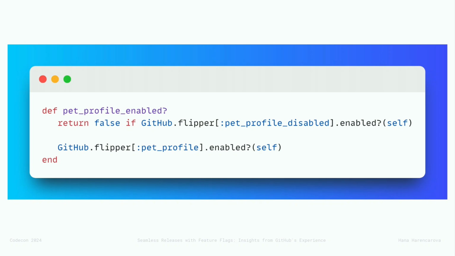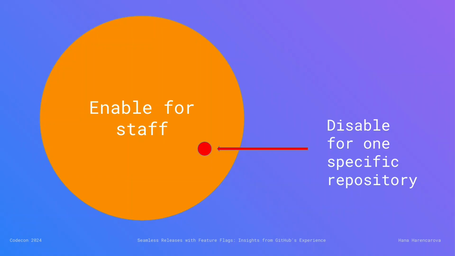And we also sometimes have a feature flag, which is disabled. So before we had the pet profile enabled, and now we have a new feature flag, and it's called pet profile disabled. Why do we want to do that, right? It can be that we